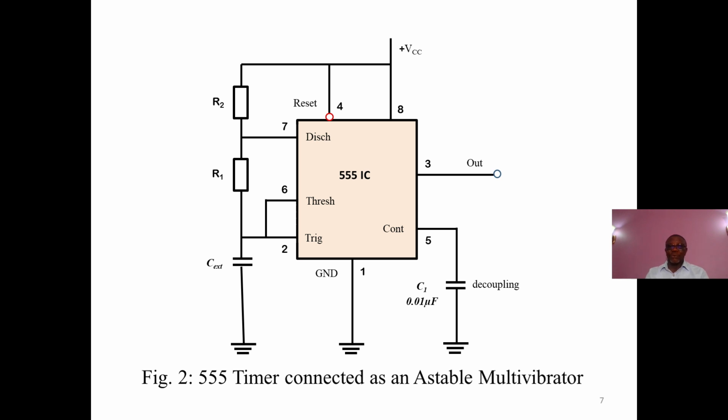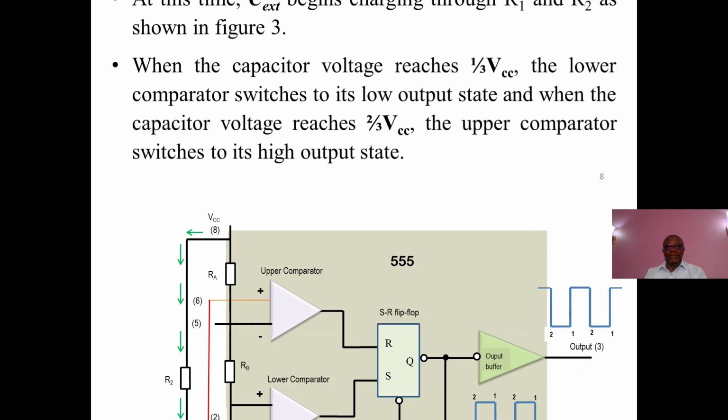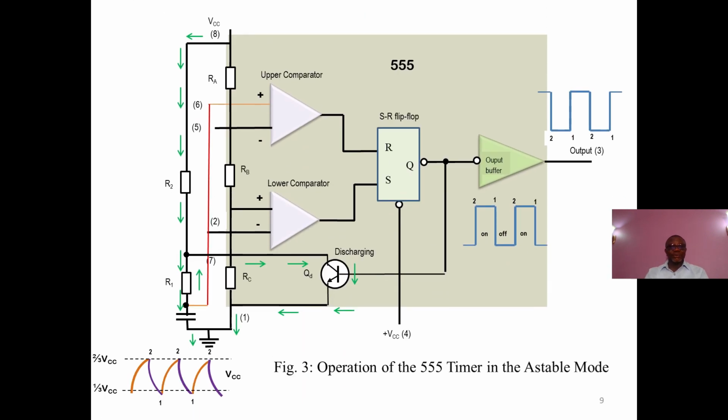Maybe we go back to that, but we assume that you've seen the diagram. Again, when this happens, as the external capacitor is being charged through R1 and R2, which is the divider circuit as shown in Fig 3. Let's see. As shown in Fig 3,